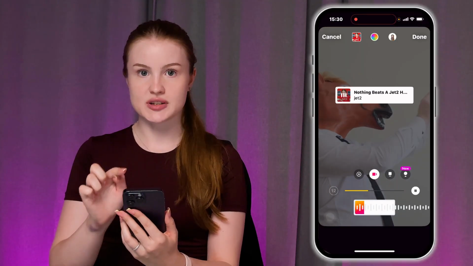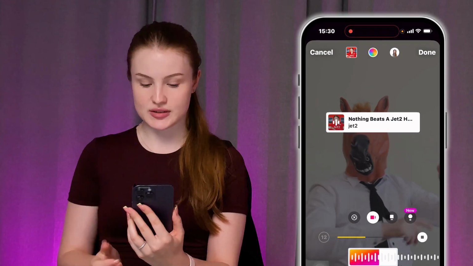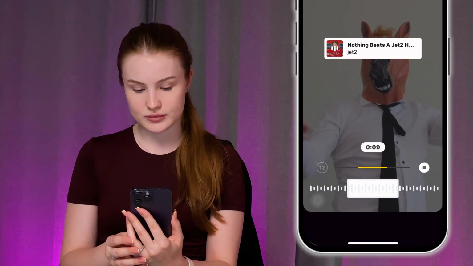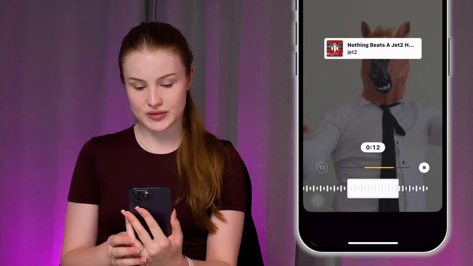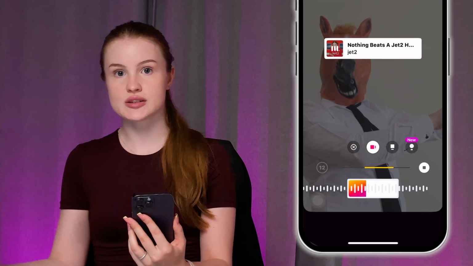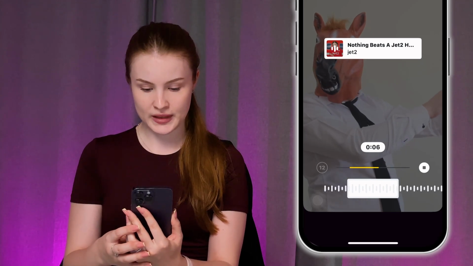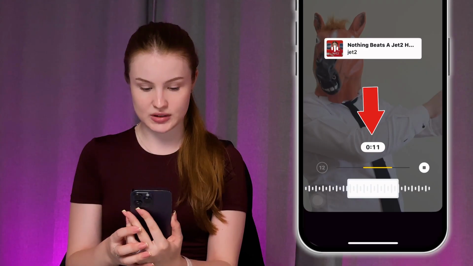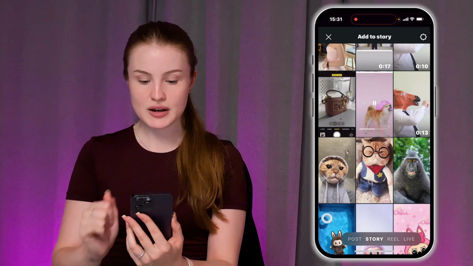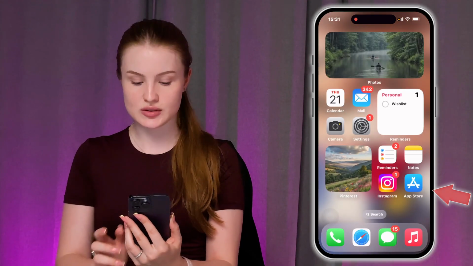So just tap done and post that story, then return back to the stories and post another story beginning from 12 seconds of that song. This way, it will prolong from one story to another. So just drag this little white circle, and on the top you should see the amount of seconds. Just like that. But there is a more convenient way how you can do this,